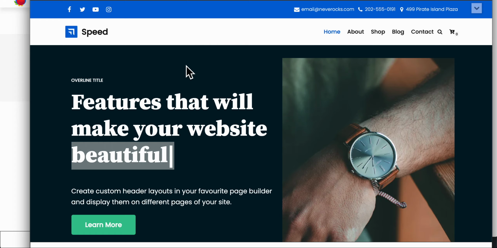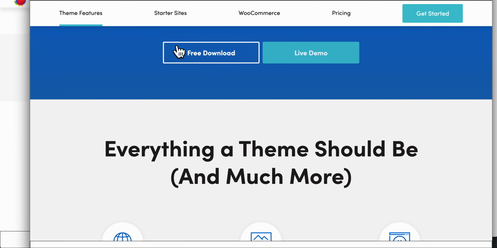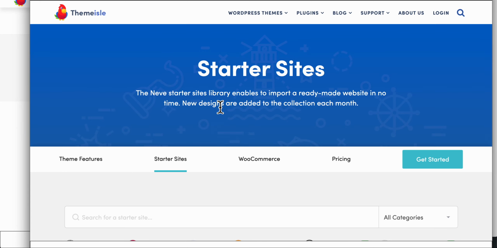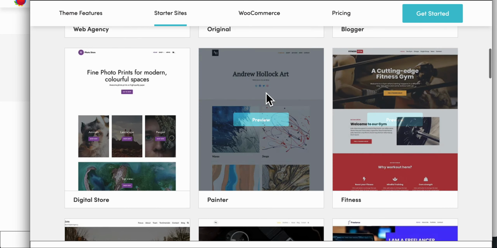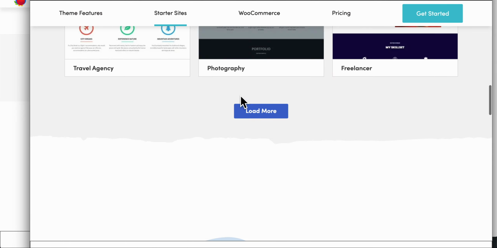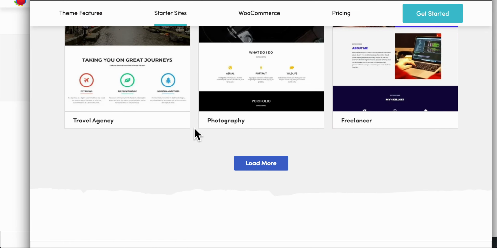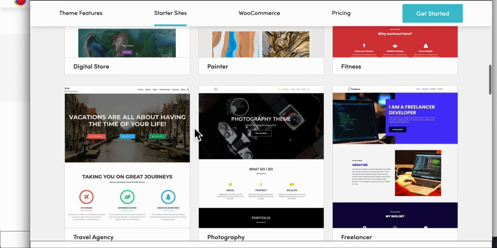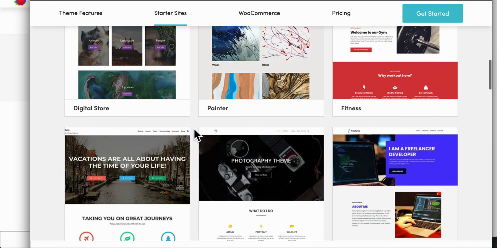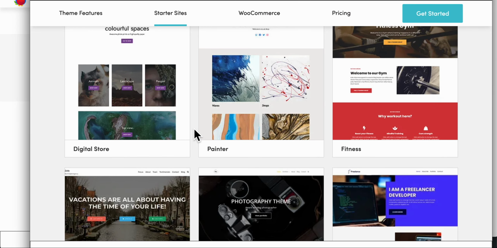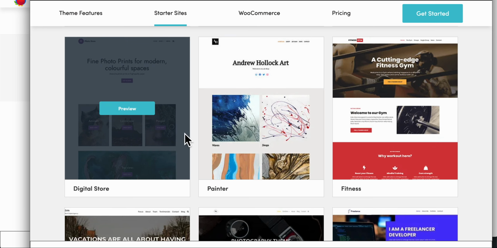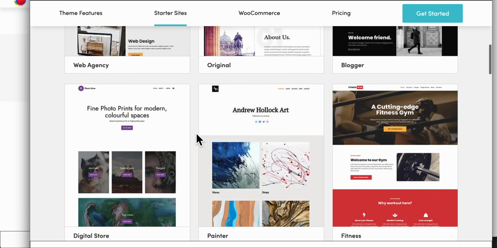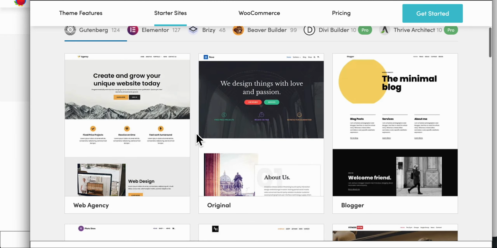Let me see here. Yeah, starter sites. So you could look at some templates or some ideas of how your site could look. A lot of people are just going for a crappy design look. I'm just giving some kind of texture, some kind of appealing type, whether it's the design of the font or the layout.